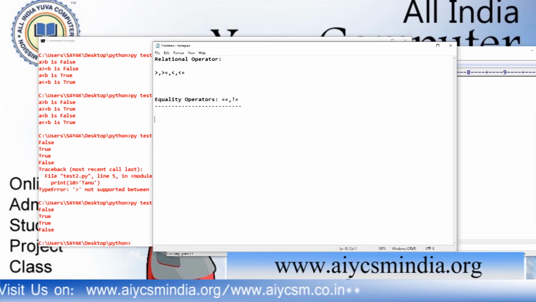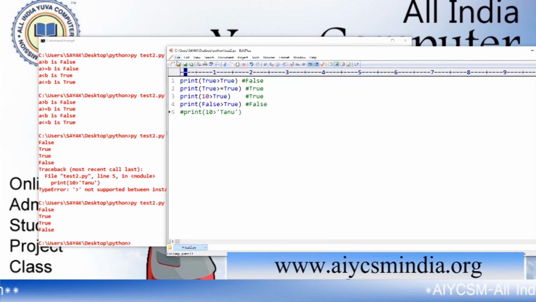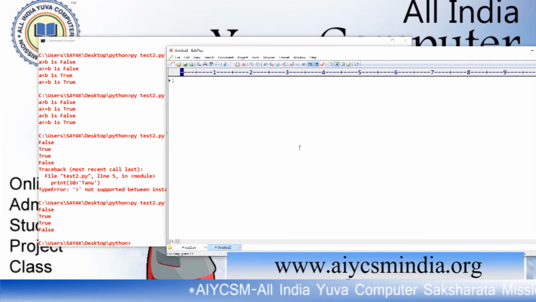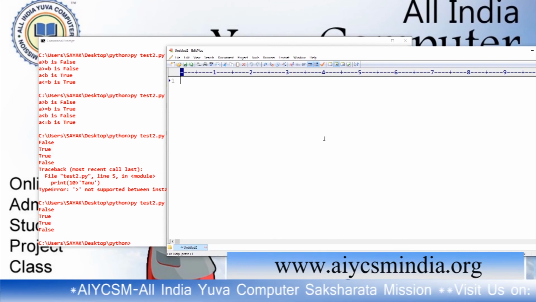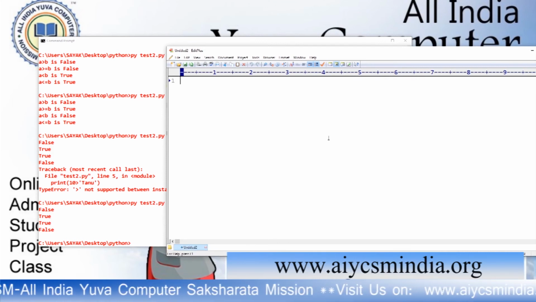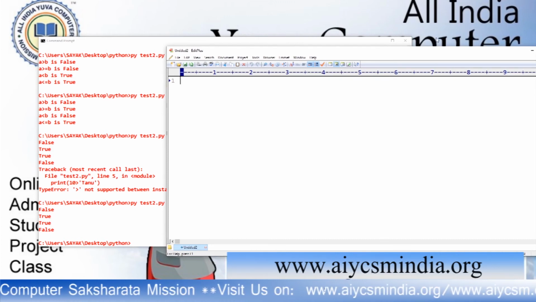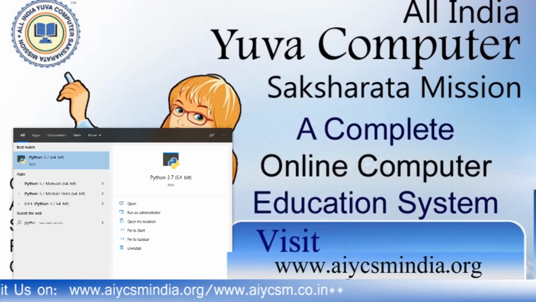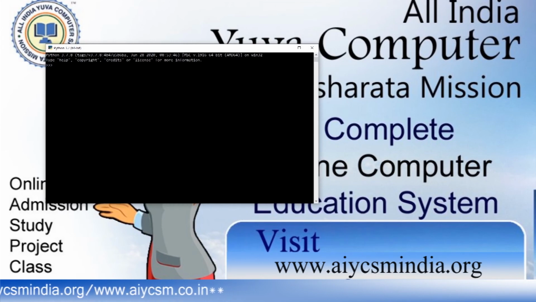If you want to check whether both values are equal or not equal, then we always go for the equality operator. We have to run some programs to understand how the equality operator behaves. Here is an example, which I run in the Python shell. This is a small program. 10 double equals 20 returns false because 10 is not equal to 20.